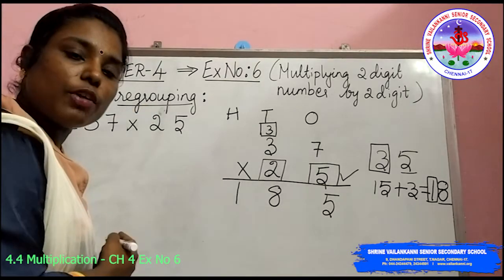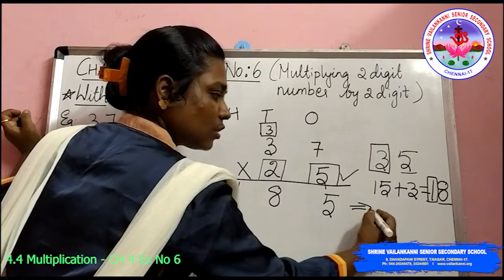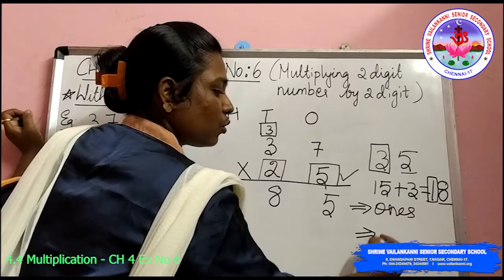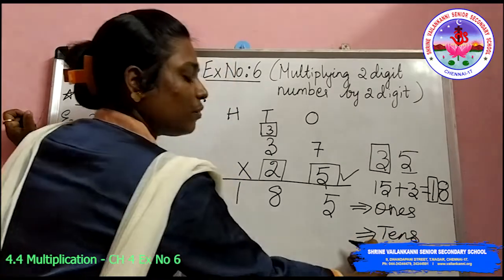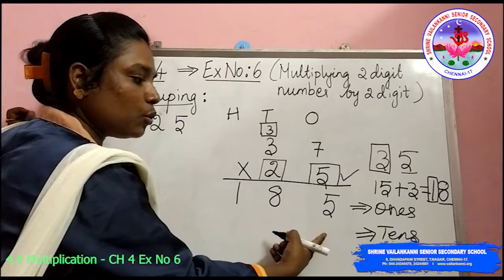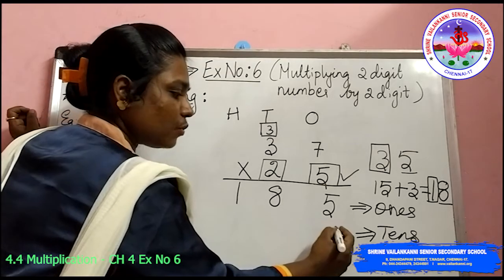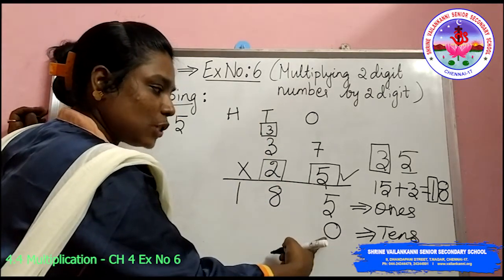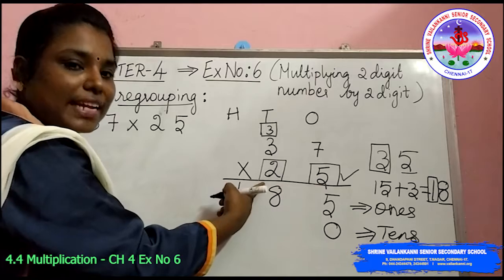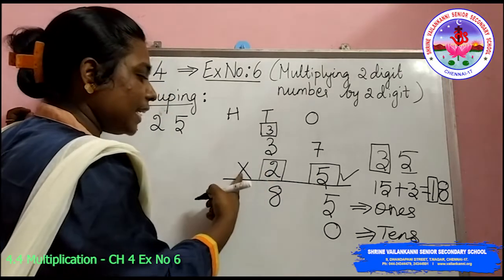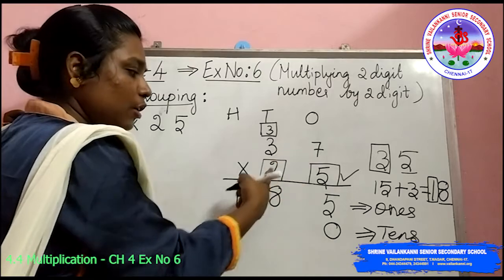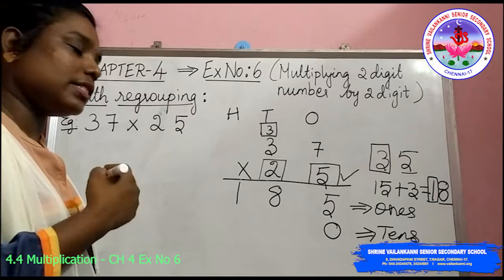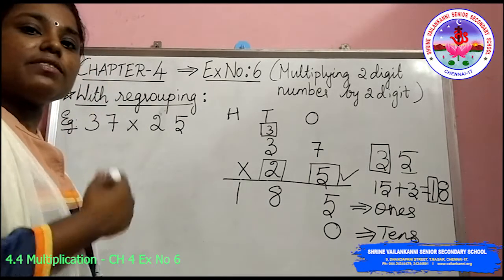Before moving to the tens place, what do we have to do? This is the ones row. Next is the tens row, no? Before writing the tens row, in the ones place we have to give 0. After giving 0 in the ones place, we should move to the multiplication of the tens place. So now 2 into 7. That is 2 sevens are. What is 2 sevens are? In the 2 table, 2 into 7 gives 14.